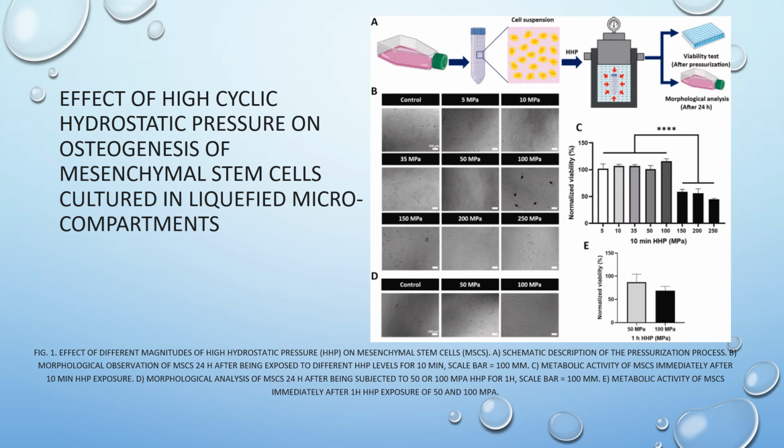However, despite showing high metabolic activity in a 100 MPa group, morphological analysis after 24 hours revealed the presence of some clusters of cells which exhibited a rounded morphology. On the other hand, analyzing both tests demonstrated that the HHP at the magnitude of 150, 200, and 250 MPa